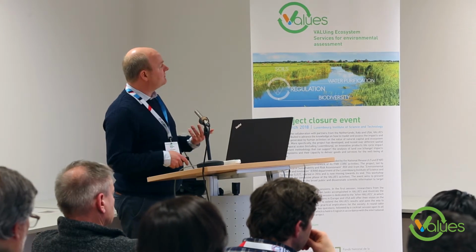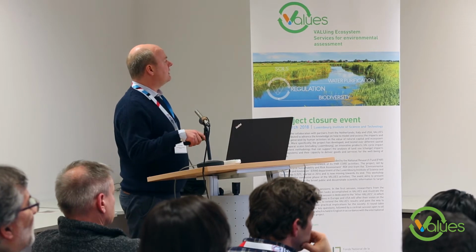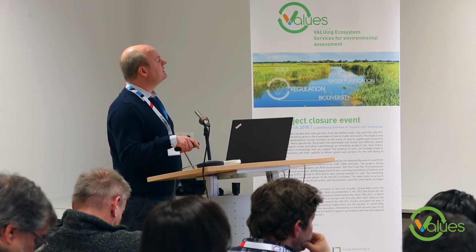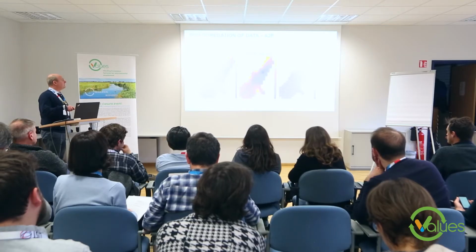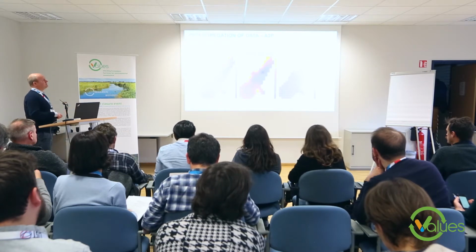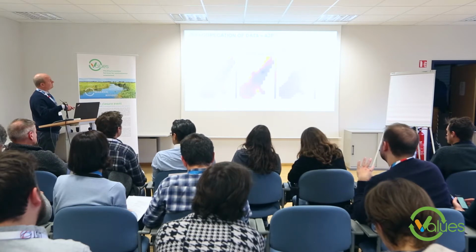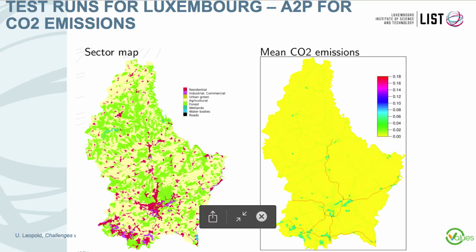So once we have characterized this, then in terms of disaggregation or downscaling, we have higher resolution information here at a block level, and we want to predict at a much finer resolution. Here we use Kriging. So we will get a kind of average for this entire area, and we also get the standard deviation, so actually the downscaling error. Now, if you want to take this further to simulations,